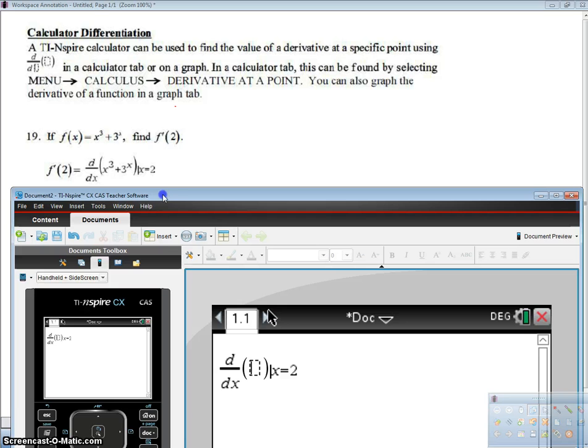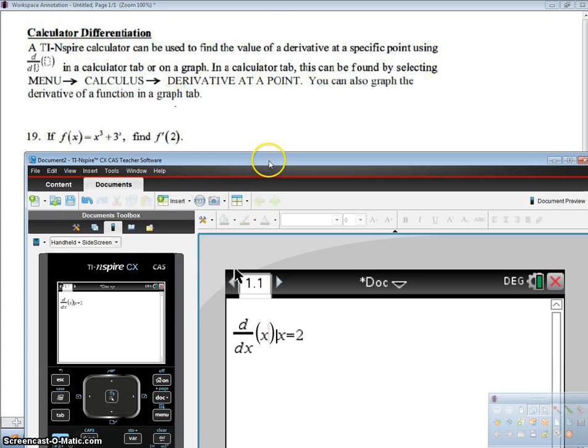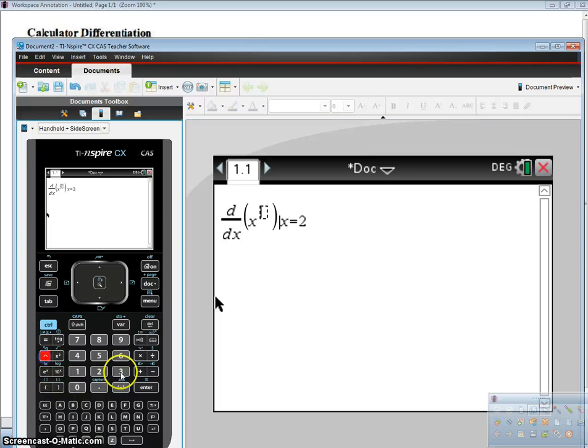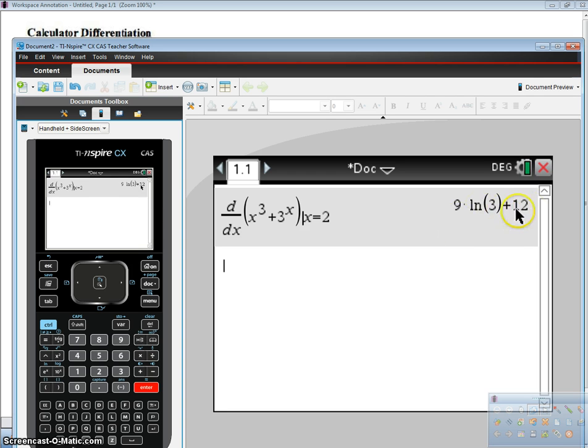So we're going to put in this command that I have right here. So d dx of my function x cubed plus 3 to the x. And it's already going to say evaluated at x equals 2, so I'm just going to hit enter. And mine's a CAS version, so it's going to give it to me in ln form. But if we want the approximation, we're going to go ahead and go up there, click it again. We're going to hit Control Enter. Control Enter gives me an approximation, and it's going to give me